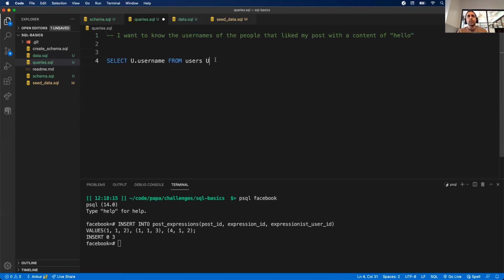I want to know who liked it and display their usernames. So it's going to get kind of complicated, but let's try to piece it together. So eventually I want to return the username of the people that like my post. So how do I know which post I care about? So let's do a join on, let's go with post expressions, name that PE on, it's going to get a little complicated, but stick with me. Let's do P dot post ID equals